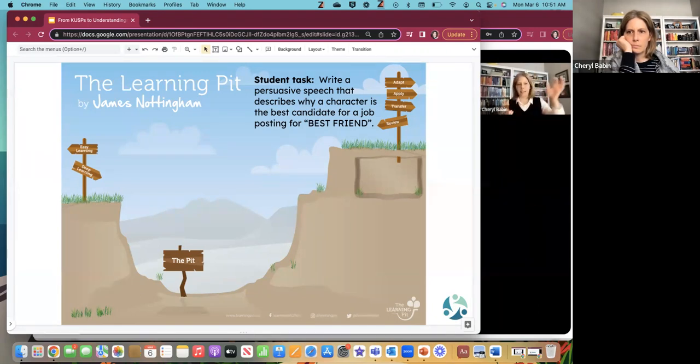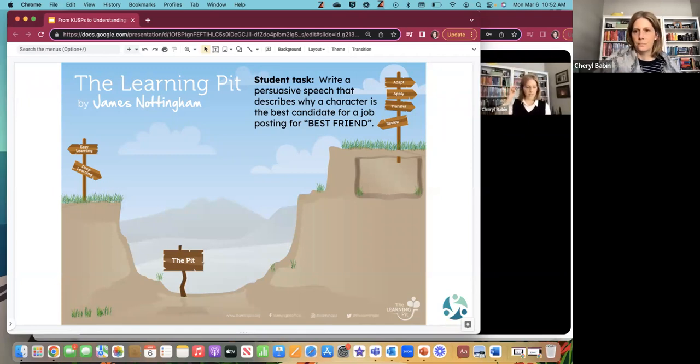The idea behind this is that in order to really get into deep learning, students and teachers have to kind of play in that pit together, and they have to come to understand something deeply by engaging in problematic situations that make us think about different perspectives, or maybe differences in opinion, those types of things. And so we're going to use this chain of thinking throughout the session today, while keeping in mind that this example of writing a persuasive speech might help us to know how we would build the skills and knowledge of the students in that class.